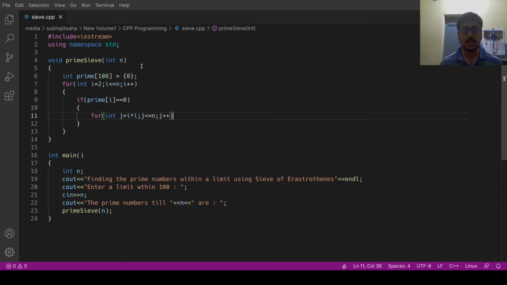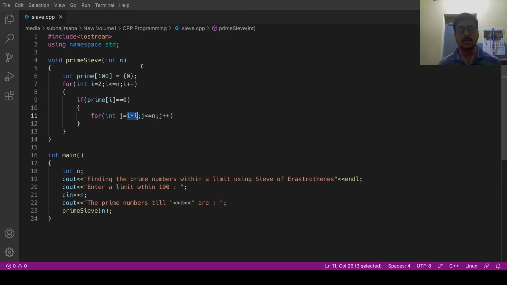Now I've explained the logic of why I'm taking the square of the number: before the square, all the numbers are already marked from the previous cases. For example, for 5 it starts from 25, and before that 20, 15, 10 are all marked in the case of 2 and 3.